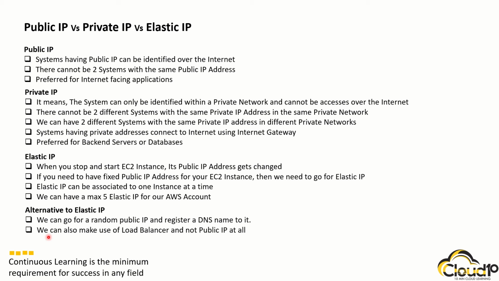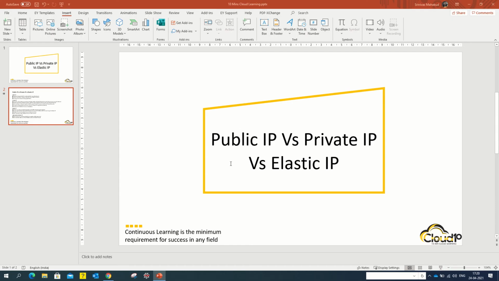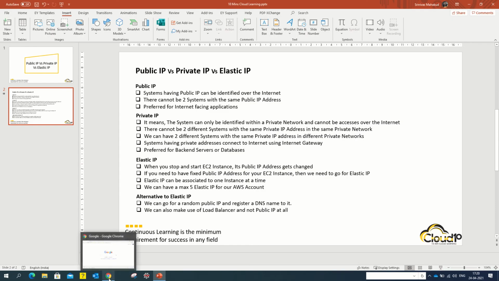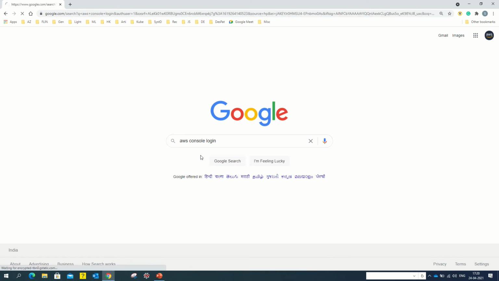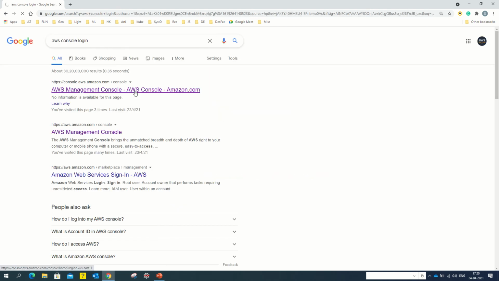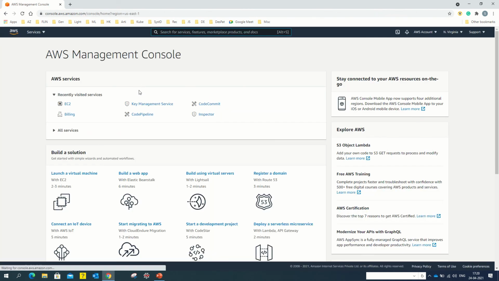So let me log into my AWS console. Okay, I'm here inside the AWS console. I'll go to my EC2 instance which I had spun up some time back.